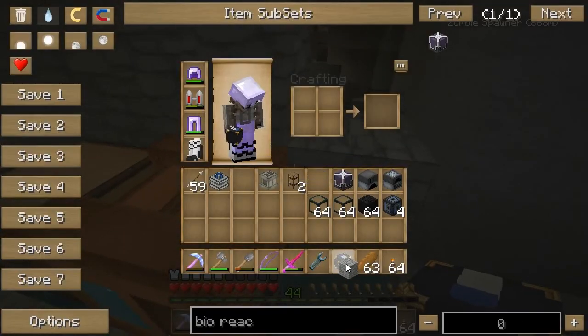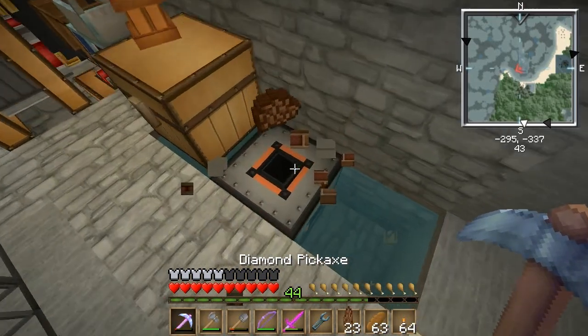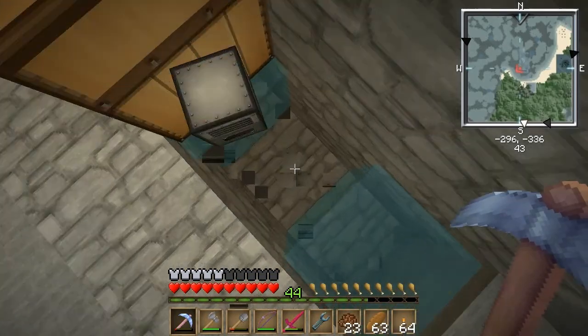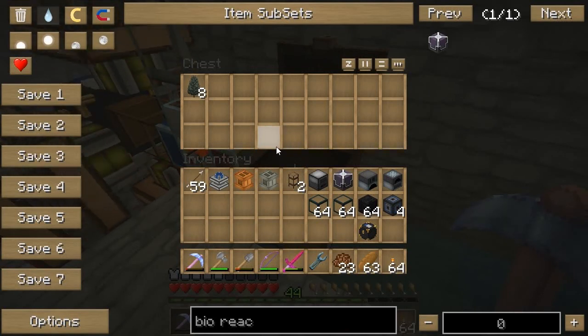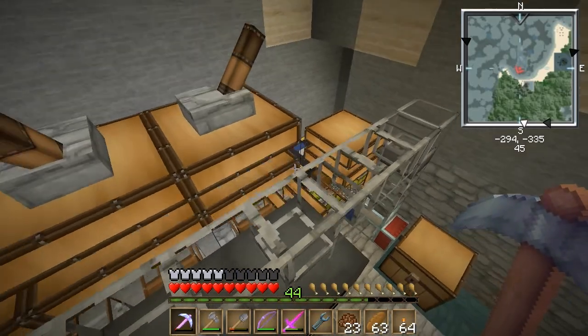Alright. So this stuff is going to be replaced with the bioreactor. The awesome bioreactor. But for now, this chest is going to be a diamond chest. That's what I need to do. So this ender chest that I have in my inventory, the blue, white, white, is going to be linked with that